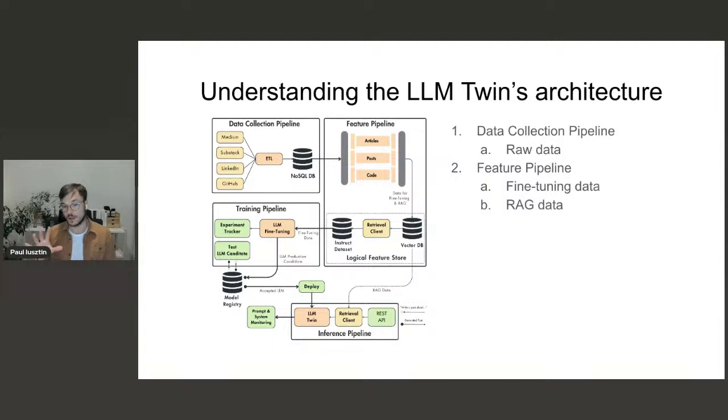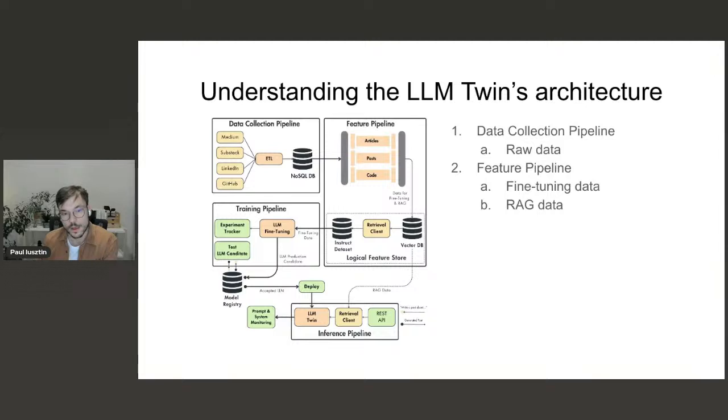Processes it and puts it into a logical feature store. Why in our case is it a logical feature store and not just a feature store? Because we are creating what a feature store should have out of a vector DB and a data registry, right? There are other technologies like Hopsworks and Tecton that are feature stores and offer this off the shelf. But I think that in the LLM world, at least at this point, you don't really have everything you need in these technologies. Probably in a few months or even earlier we will, but when we did the course, we didn't.